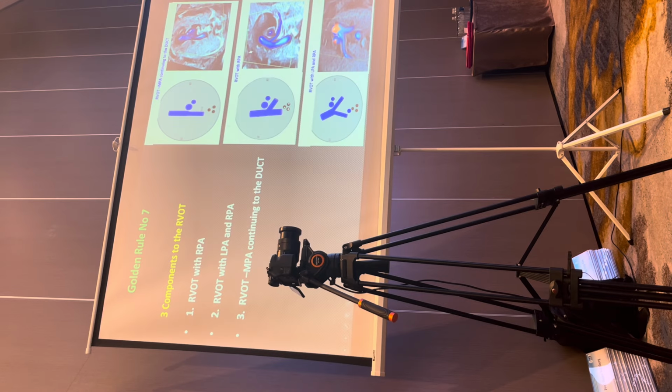I've divided in the handbook the 3 components of the right ventricular outflow tract, because it's important to understand the different sections that you can see. You can see this section, which shows the main pulmonary artery, the arterial duct, the aorta, the SVC, the trachea. In this one, you see the main pulmonary artery. The right pulmonary artery should always be smaller than the aorta. If it's bigger, you need to think of coarctation and possibly anomalous pulmonary venous return. But the right pulmonary artery should always be smaller than the aorta.